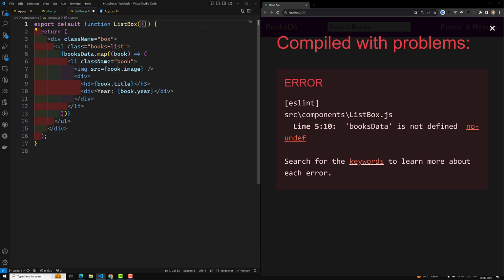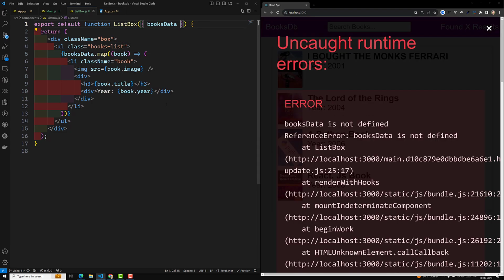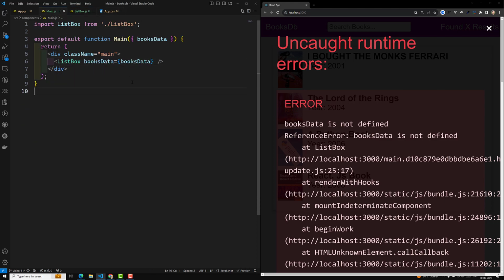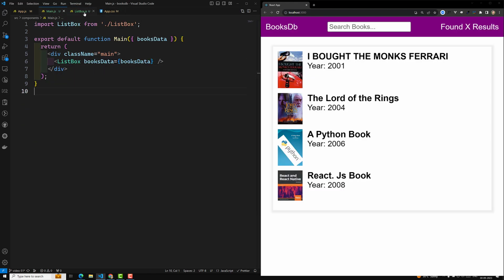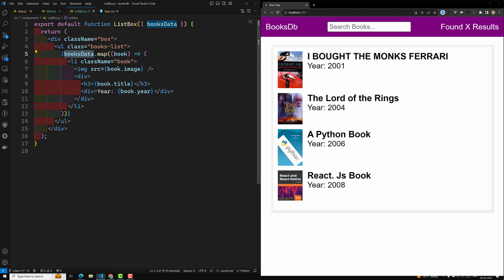Fine. So we are passing it. Now, to box, I am sending the books data. Yeah. So everything is working fine. And here you will be able to see this is one UL, right? So here what I can do is,